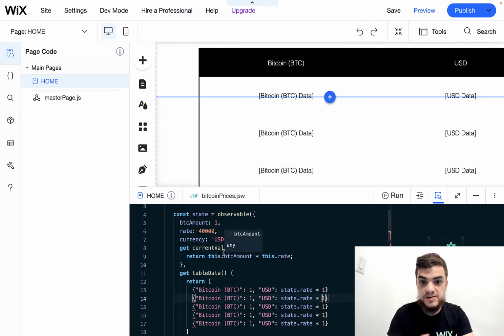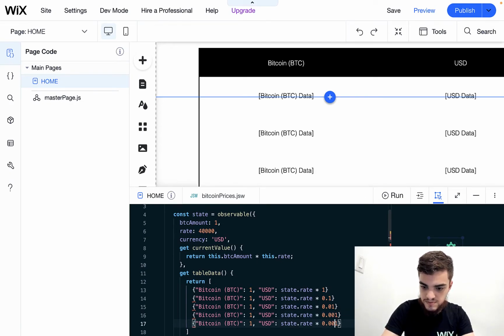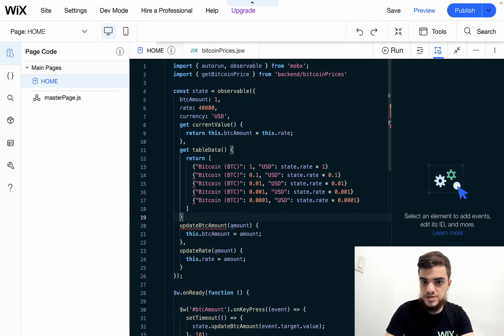So I'll display 5 different values, and I'll make this one 1/10, and each row will have another 0. And then we'll also add it to the first column, so it makes sense. So after we add a comma and also commas between each one of these objects,